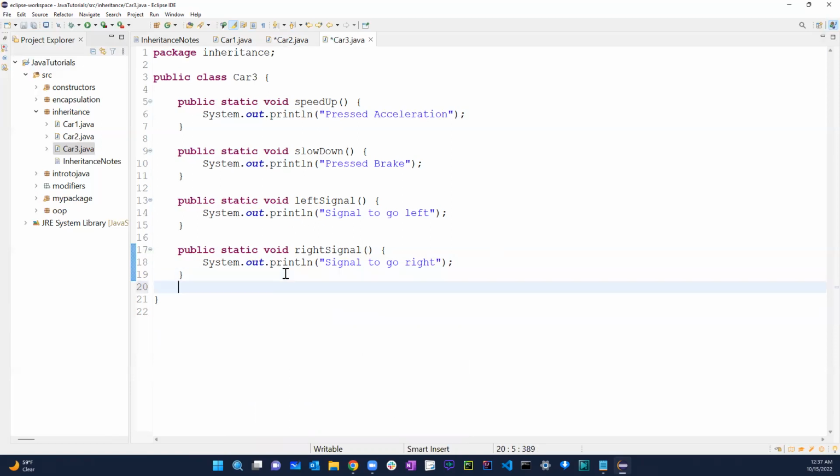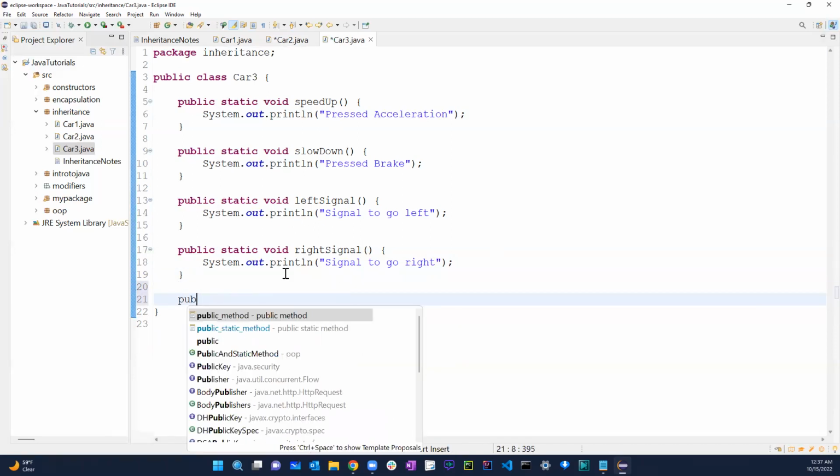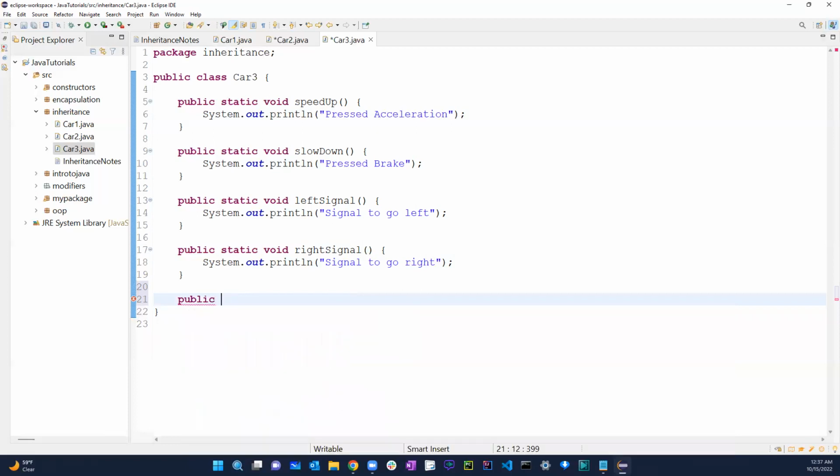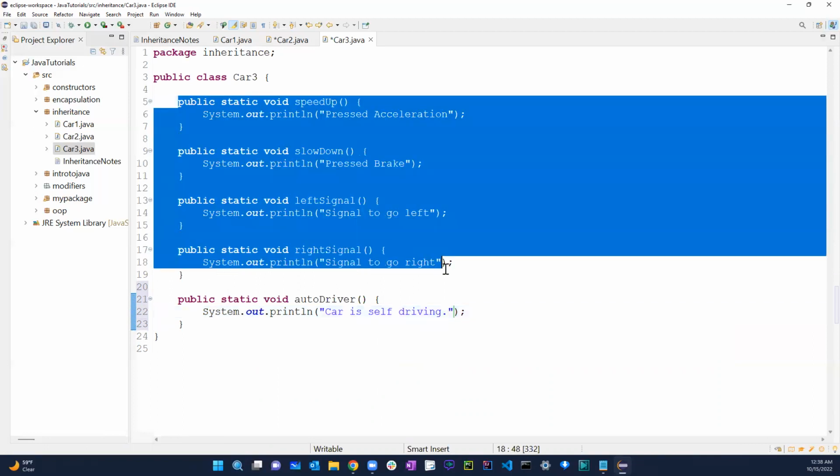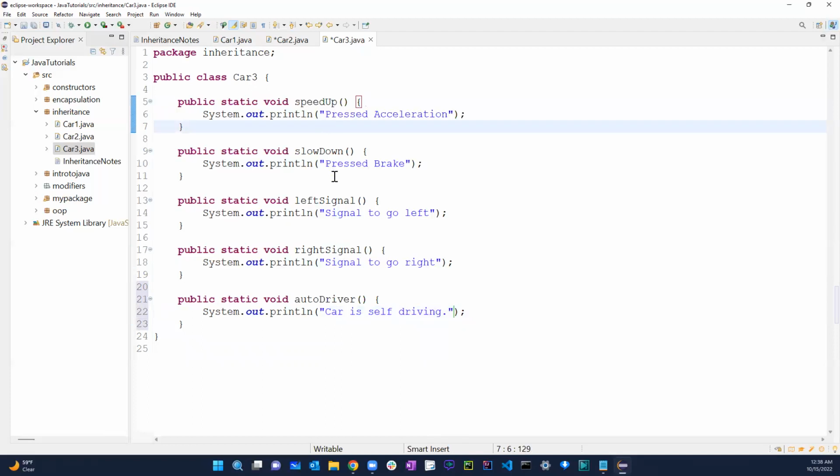Car 3: public static void auto driver. Okay. So it's gonna say System.out, car is self-driving. Whatever, right? So as you can see, these 4 methods right here, the speed up, slow down, left signal,